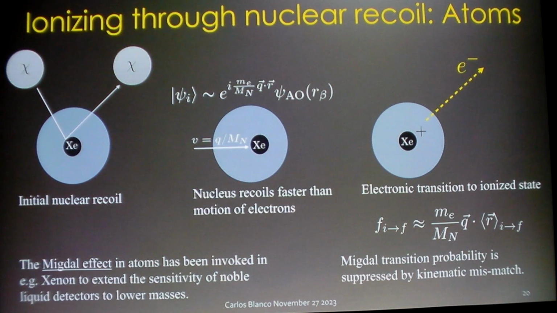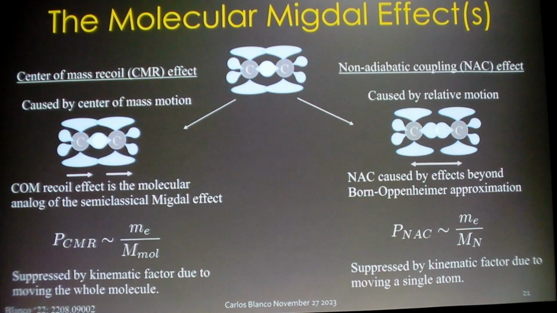And this has allowed people like the xenon collaboration or the liquid argon community to take their sensitivities that stop at 1 GeV and go towards lower masses, looking for this inelastic second order process. And so this has really revolutionized the way that we look for light dark matter with these noble gas vats. And so a natural thing is, well, do molecules have a Migdal effect? And as we discovered last year, yes, they do have a Migdal effect. Not only do they have one, they actually have 2.